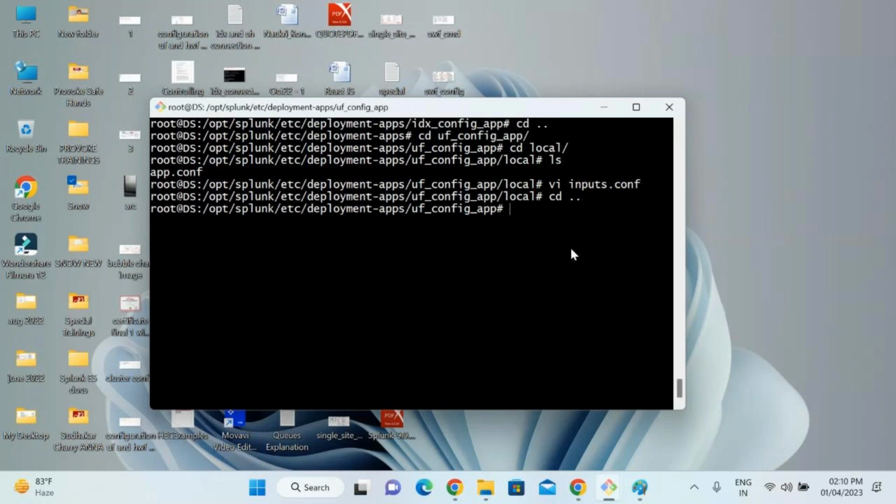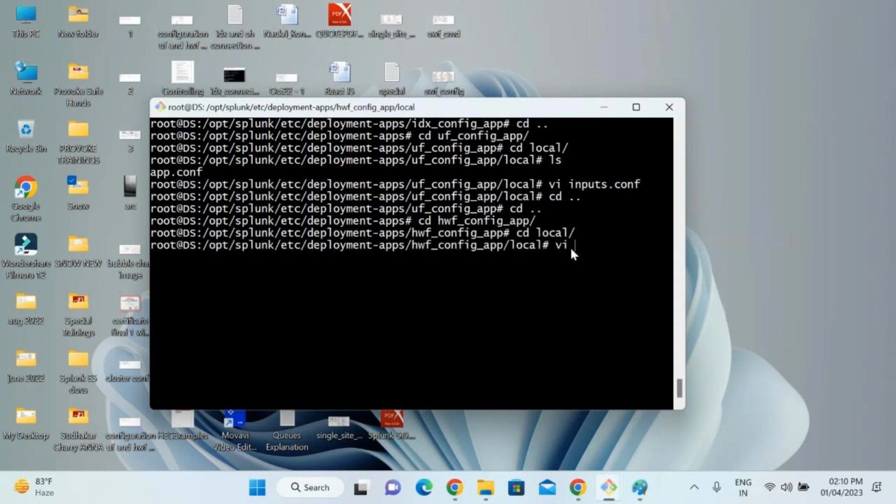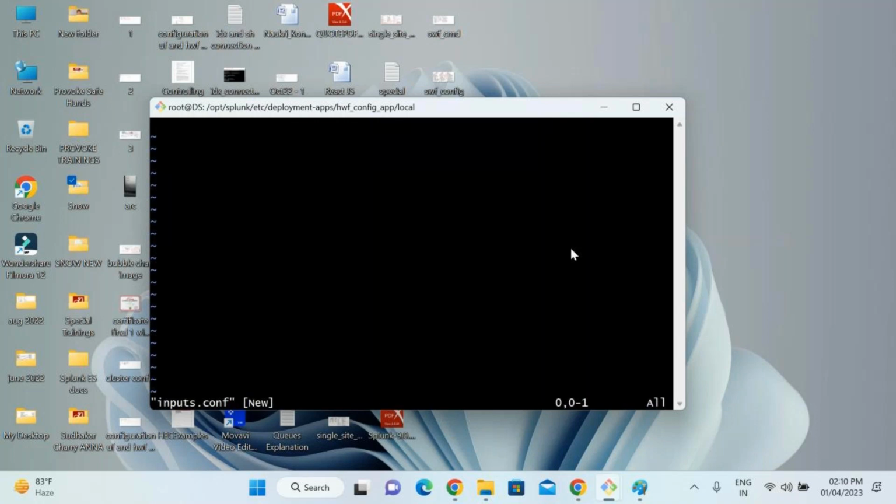Now go back, cd heavy forwarder app, cd local, and then vi inputs.conf file. Here also Linux server only, same path I am going to mention. So don't confuse. Insert monitor colon slash slash slash var slash log, but index equals to heavy forwarder 1, source type equals to server Linux